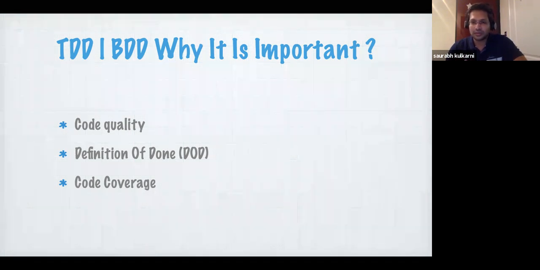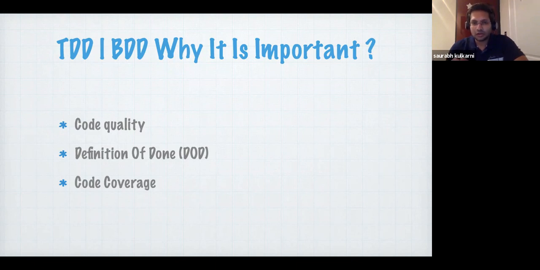Who is looking for this is mostly the product owners and the BAs, and we will come to that at a later stage in the session: how the business drives BDD, and how TDD is different from BDD. It will also give you code coverage, in terms of how your code is covered by these tests, and you are making sure that your code is not failing, it is passing, and it is all covered. So code coverage is also important. You will have heard this.